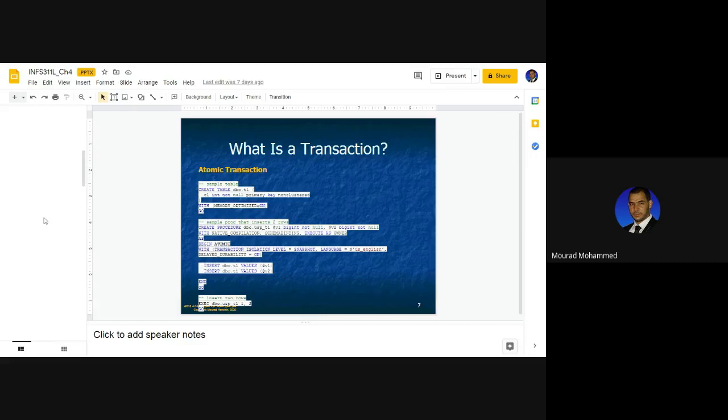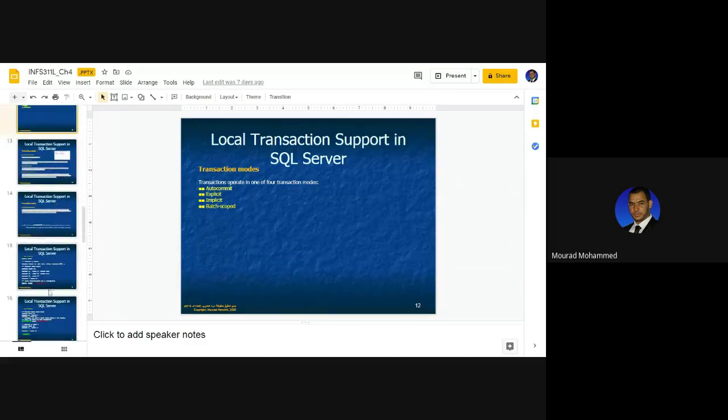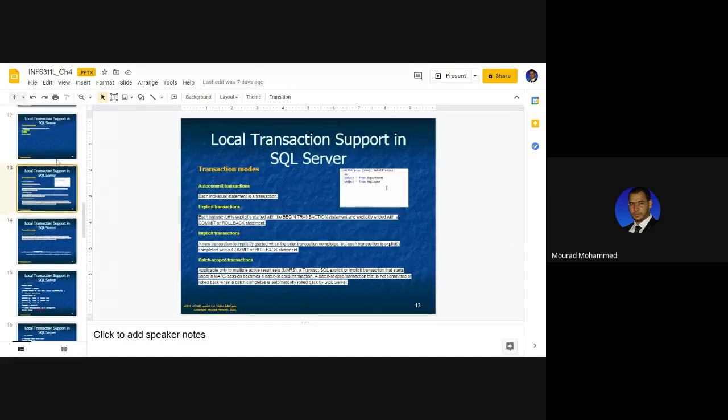Let me just go to the appropriate slide. It got stuck. Great, great. So